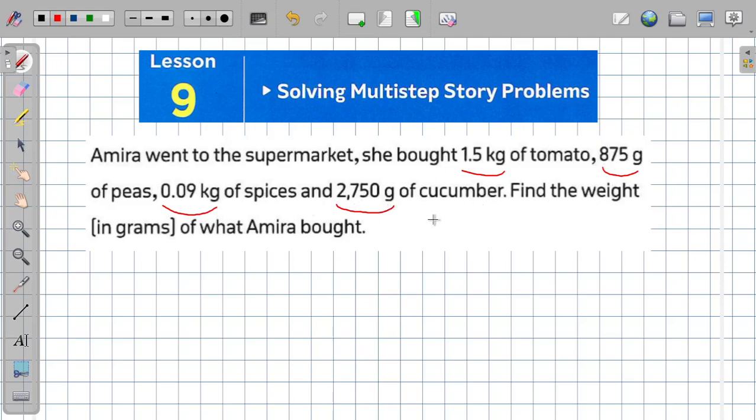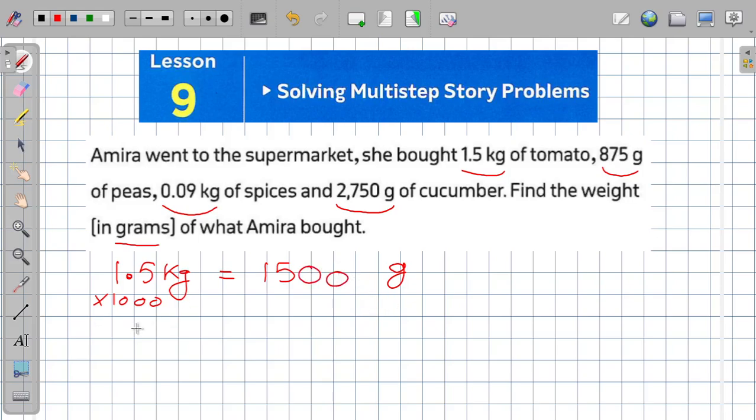I want to convert these weights into grams. The first one, I have 1.5 kilogram and I want to convert it to grams, so I will multiply by 1000. So 1.5 by 1000, I will move the decimal point 3 places to the right, so it will be